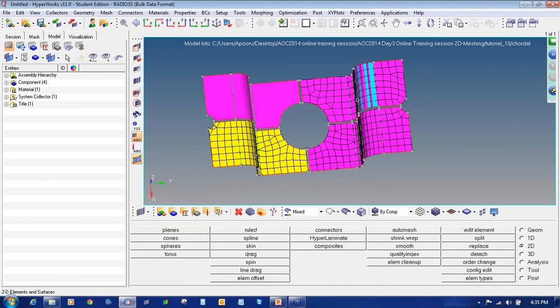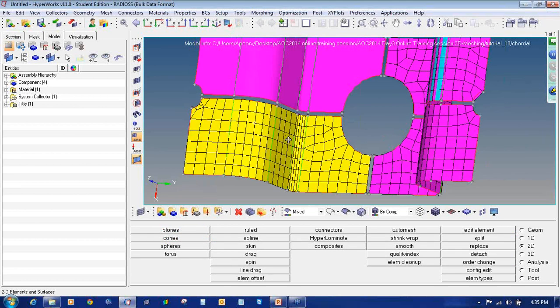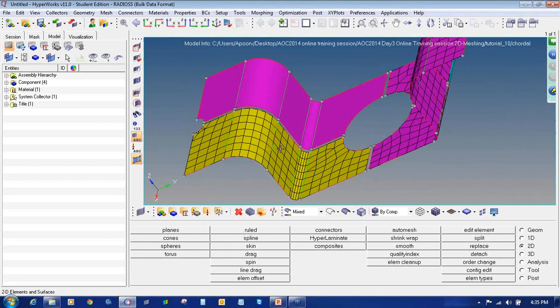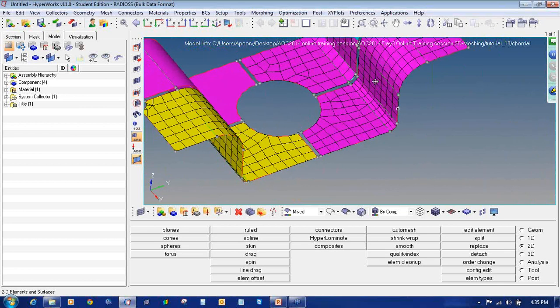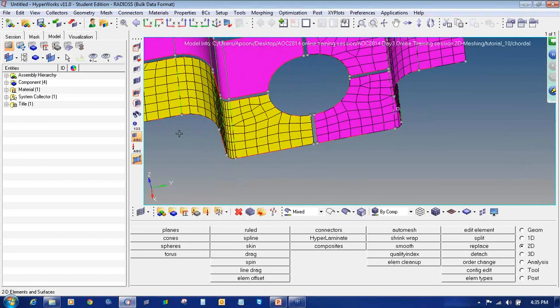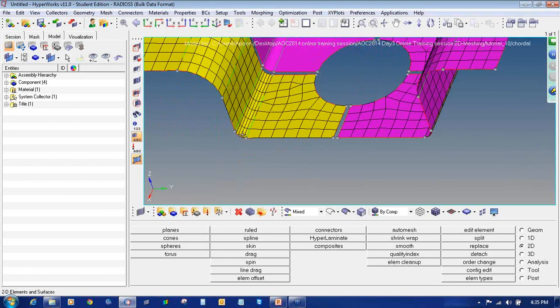So you can see if I change the angle, it captures the features better than the previous one. Previously it was creating 3 elements along the fillet, but now just by changing the angle, it is creating more elements along the curvature.